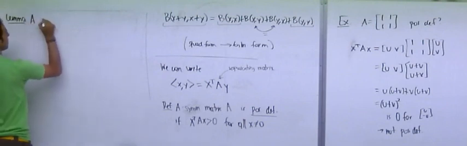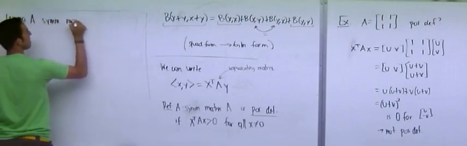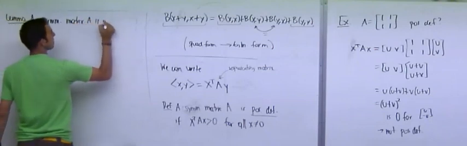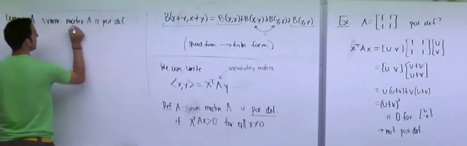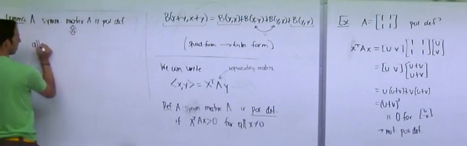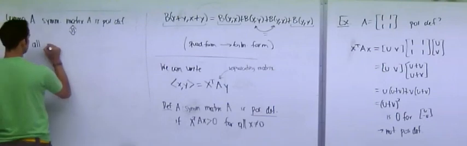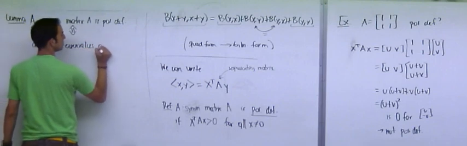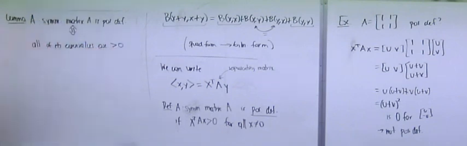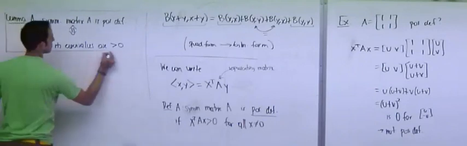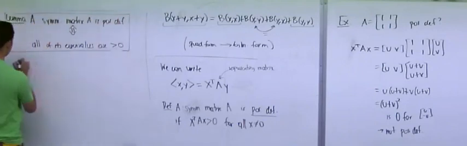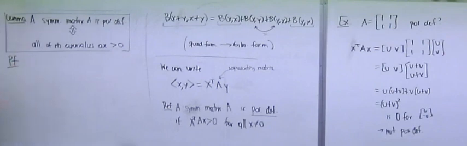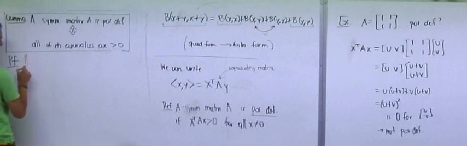So here's a lemma. A symmetric matrix A is positive definite if and only if all of these lambdas are positive. So I can characterize positive definiteness very nicely in terms of eigenvalues. I just have to compute them and check that they're positive. Okay. So how do we prove this? Well,